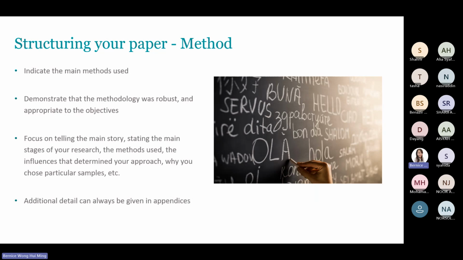I believe there are a few options for you to choose from, but you do not need to state all the methods, because the reviewers and editorial team members are industry people, so they know all the methods very well. So don't waste your time telling all the methods. Just tell them why you chose the method and what is the supporting point for choosing this method. Any additional details can always be given in the appendices.